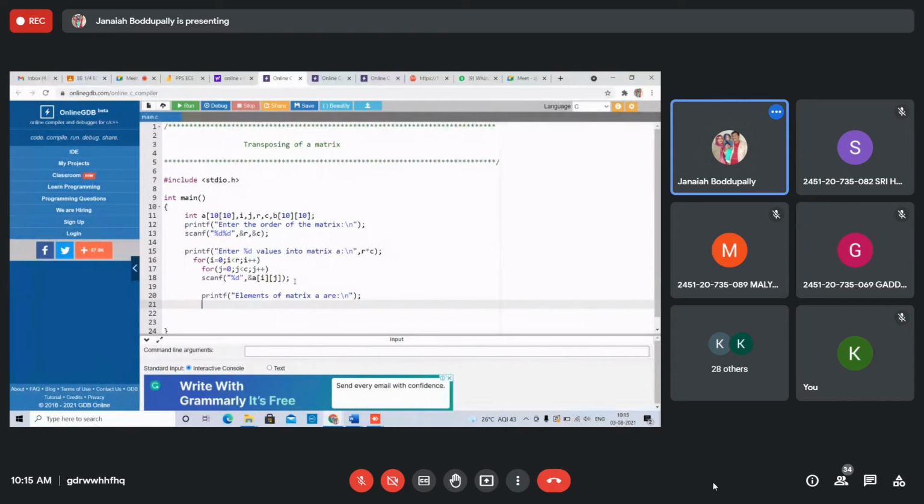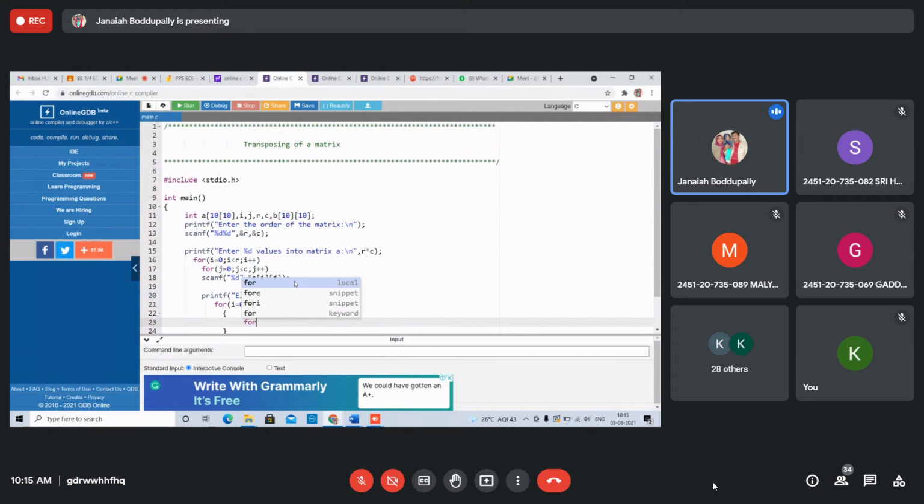For I equals 0, I less than number of rows, I plus plus. For J equals 0, J less than number of columns, J plus plus.